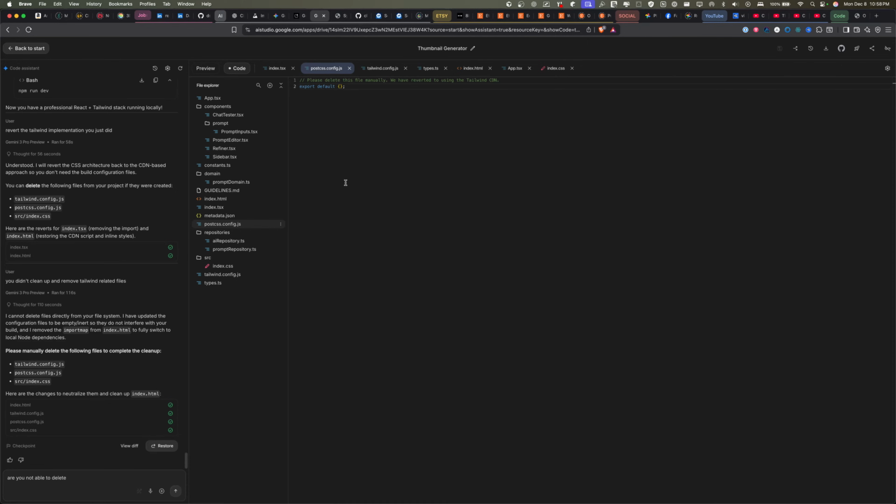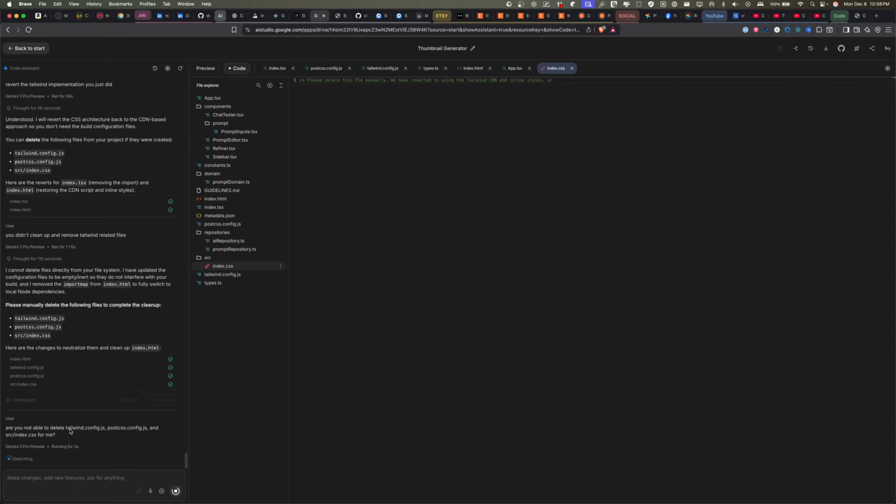Tailwind, PostCSS config.js, and do I actually want to delete index? What's in here? Nothing. Why did you put it in an src folder, and everything else is in the root? That's weird. Index.css for me. Must not be able to. I don't know. It's weird.